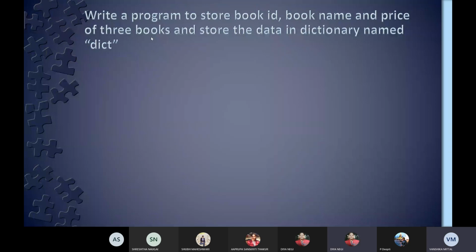Excuse me. Vanchika, your screen is not visible to me. Yeah, it is not visible to me. In fact, I was wondering that you wanted to reshare your screen with Python. Ma'am, is it for this only or for the previous program as well? Programs we were able to see till now. After that, probably you wanted to shift to your presentation. From then, we were not able to see.